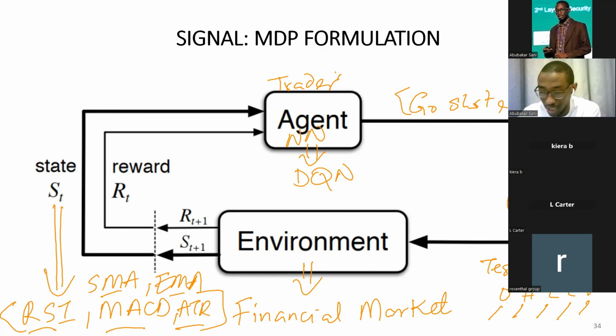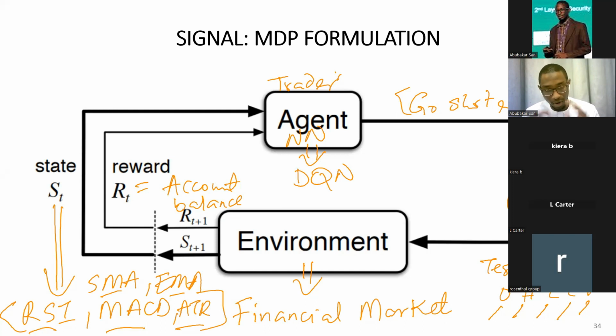How do we know whether the action is a good one or not? We look at our account balance. So our reward is going to be the account balance. If our action is a good action, that is, we made the right choice of buying, or the right choice of going short, or the right choice of holding, then our account balance will reflect that. It will reflect how good our decision was. So this is the reward function.